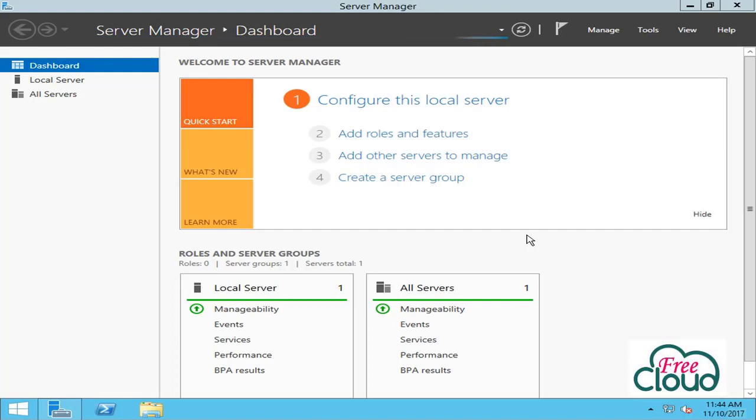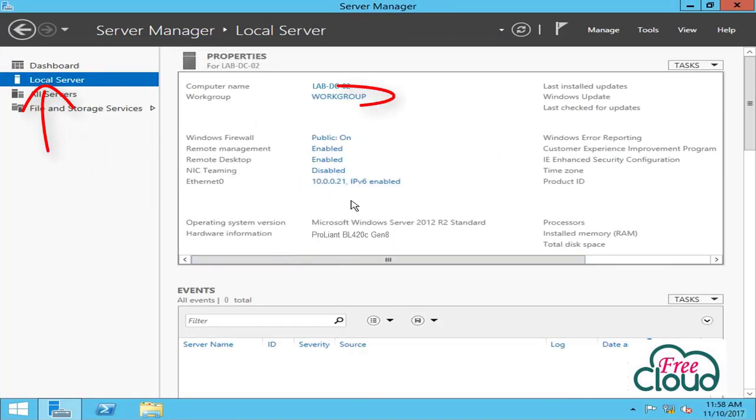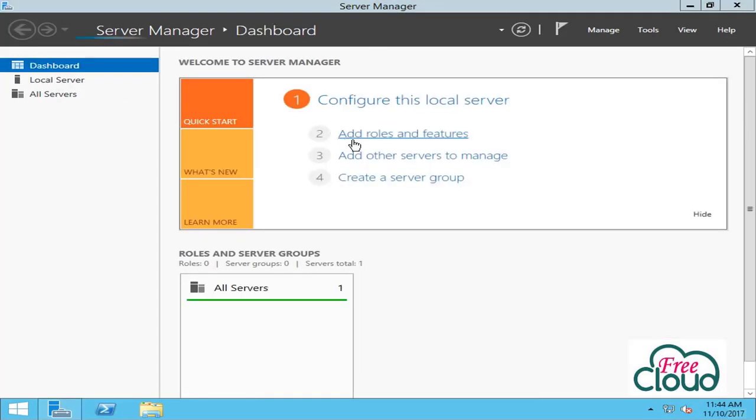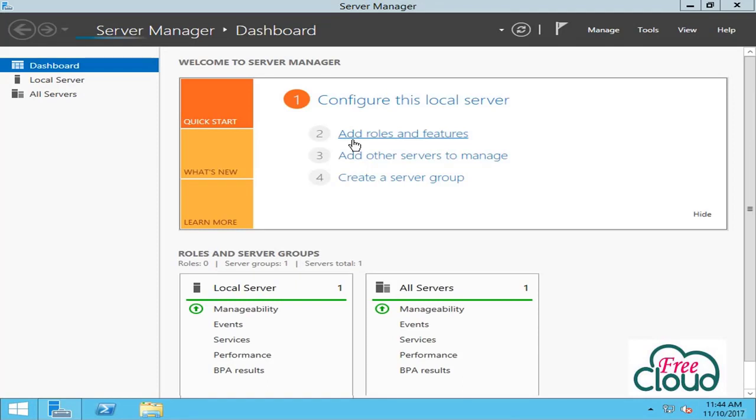Install 2012 R2, go to local server. As you see, the server is work group. I renamed the server to lab-dc-02, enable remote desktop, assign IP 10.0.0.21, select dashboard, add rules and features,